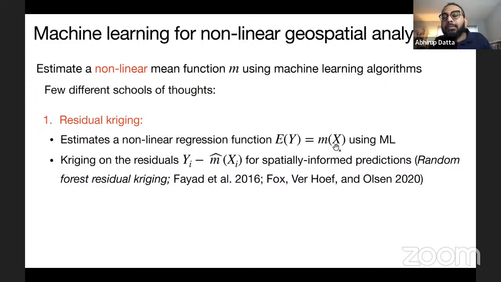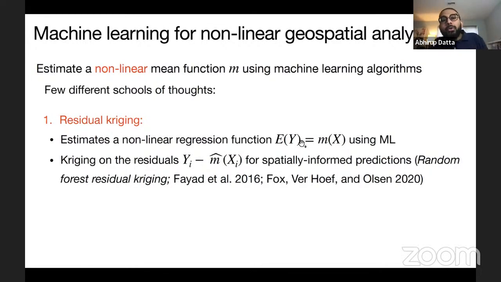How this m is modeled depends on the algorithm. It's modeled in a different way in random forest, in a different way in neural networks and boosting and so on. But in summary, they're all trying to estimate the best nonlinear relationship between x and y.